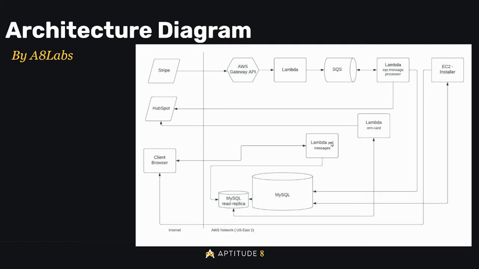Lastly, the last Lambda here is really to help with polling, because we actually have built a Chrome extension that is doing some polling to get message data, and that can be fairly numerous, so we use a Lambda there too. You can also see here the diagram. We have our primary MySQL database and our read replica, just to show what that looks like, and also show what is accessing what.